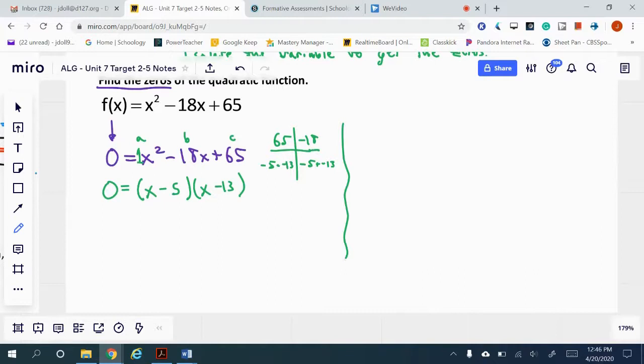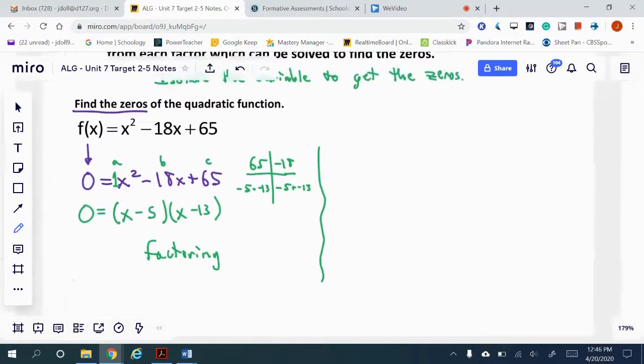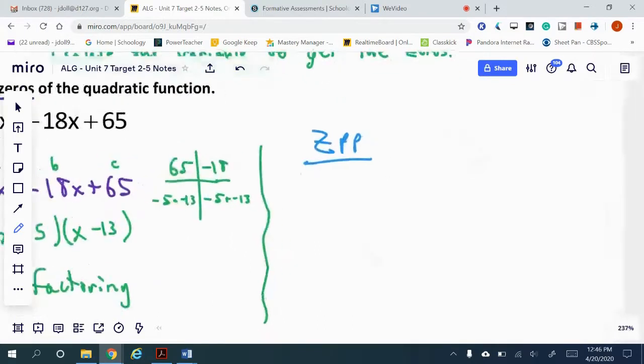That's factoring's half of this tag team match, and factoring now is going to reach outside the ring and tag its partner. And if you've never watched WWF, now WWE wrestling, I apologize for the tag team analogies. Just ignore the tag team analogies. But if you have watched them, this kind of makes sense. Factoring starts in the ring. It does some work on the equation, throws it around a little bit. Then it's going to tag its partner, zero product property, to come in and finish the equation off